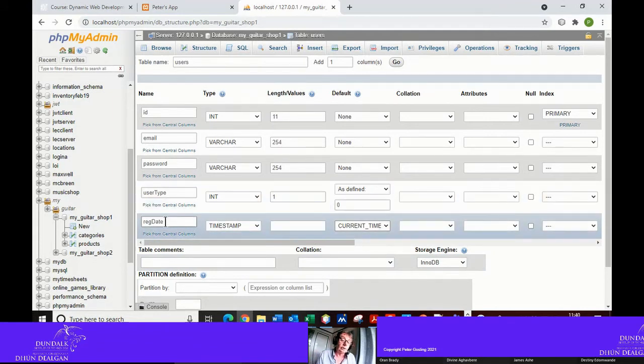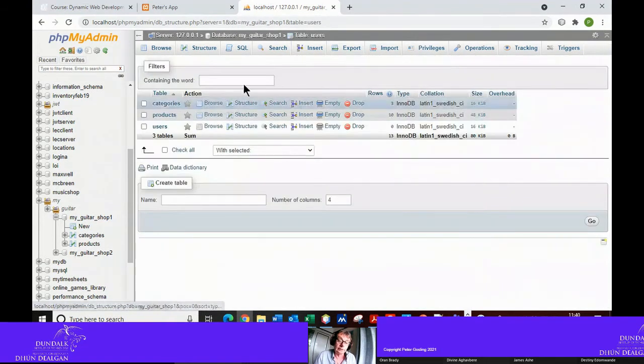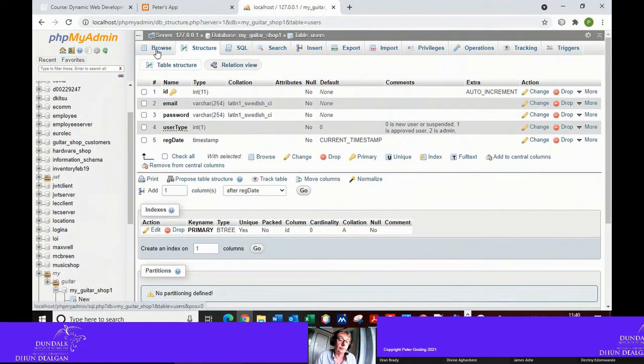Now just a note here, don't put in just date. Date is a keyword and you can actually get yourself messed up a wee bit using date in a query if things don't work out right. So I've got ID, email, password, user type, reg date. Then I hit go or save, and that will save it. Okay, so if I browse on that,